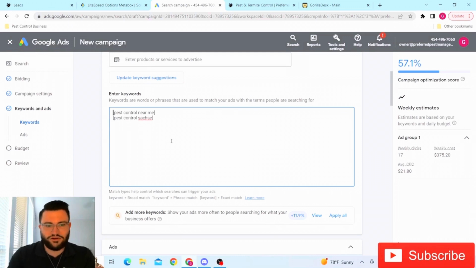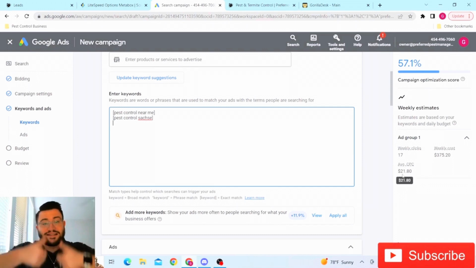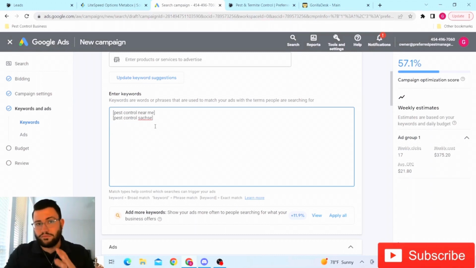Yeah, see, like I said, you don't want to necessarily pay too much attention to the campaign optimization score, but notice that our weekly clicks dropped drastically and our average cost per click skyrocketed. What was it, like $3, $3 to $4? Now it's saying $21.80. So again, like I said, you're getting a better bang for buck because these,